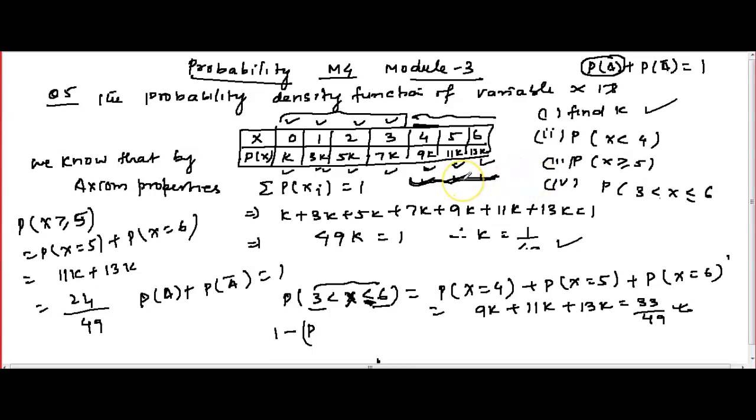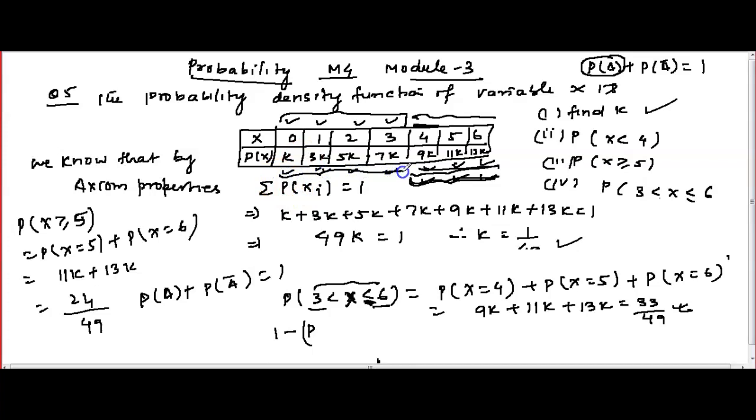Like that here, 4, 5, 6 we already got by this method. If you don't want to find it by this method, 4, 5, 6, and if a large value is given, you cannot add all the values and it will only waste time. So what you can do is take 1 minus this.